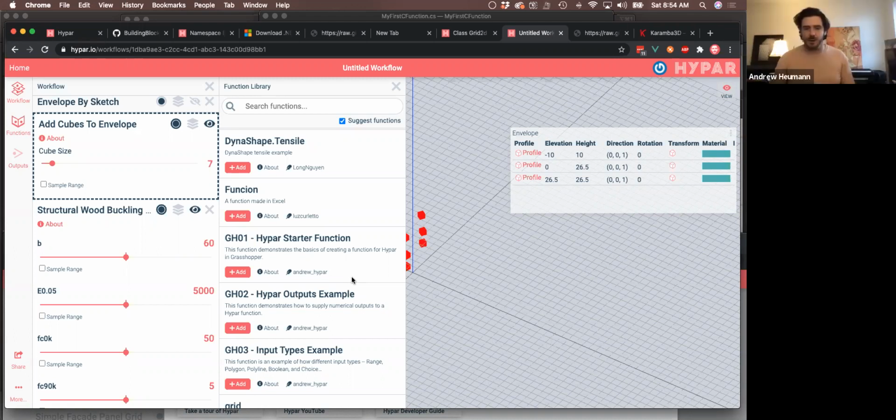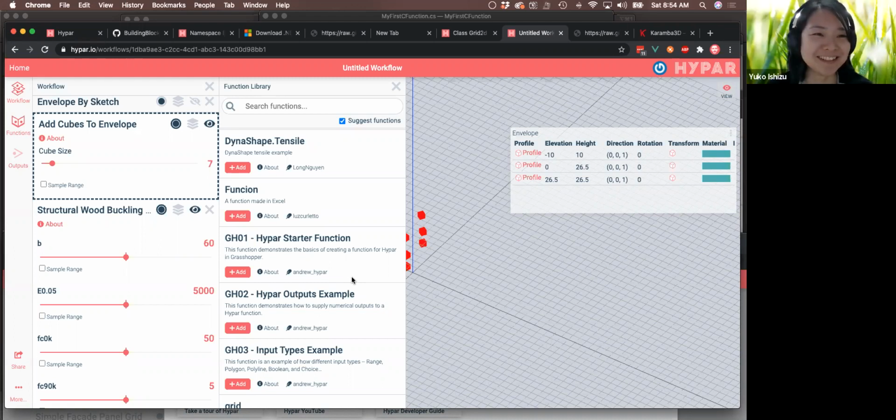I don't know how we'll structure that exactly, but that's always been part of the plan. I don't know if anyone can ever be a full-time Hypar function author, although that would be amazing. I really hope so, but at least as a supplementary income. And at least,